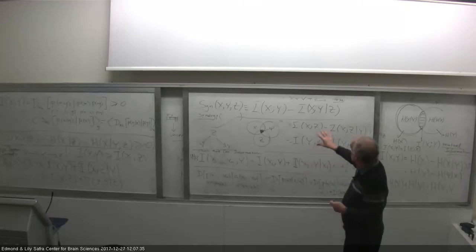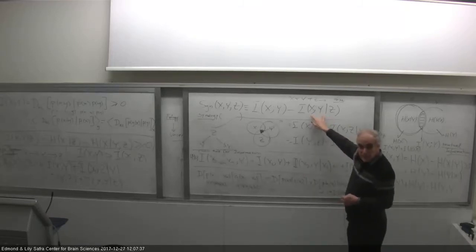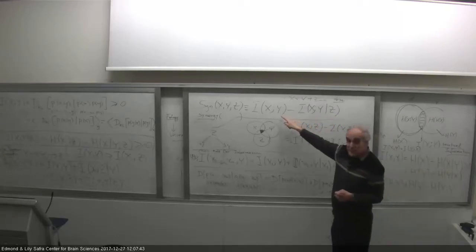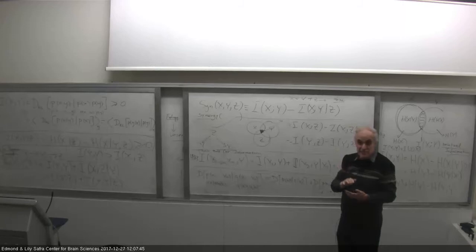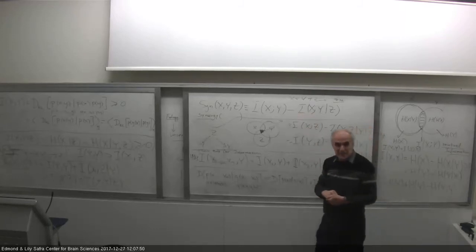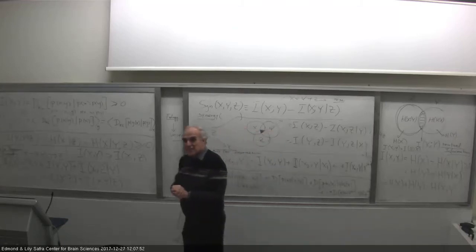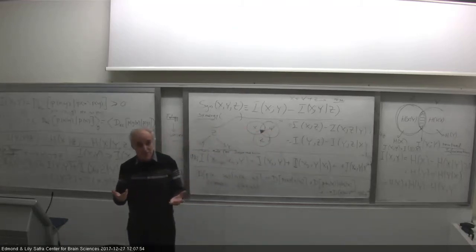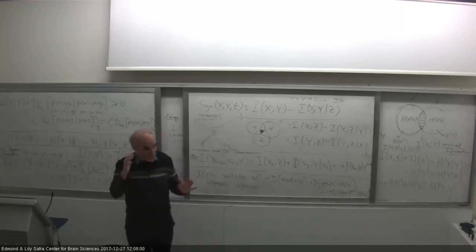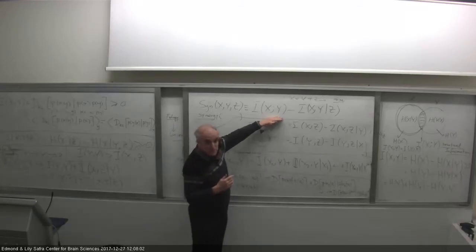So in this case, the conditional information of x and y, given the noise, is larger than the information between x and y without the noise. And this is going to be negative. And so think about it this way. Essentially, it depends if z is adding information or reducing information. And z can be compound to the other variables in a very complicated way. Okay, so this is an example where this can be negative.